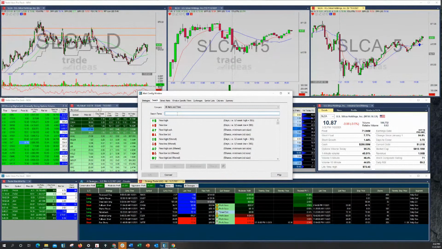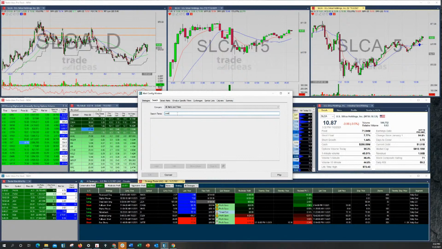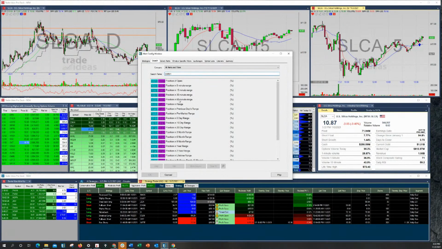But what I would use is maybe one of these position and range filters. There we go, position and range. So maybe one of these different filters here, depending on what kind of time frame you're looking at. Always nice to really have that.